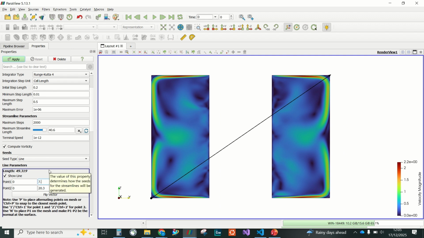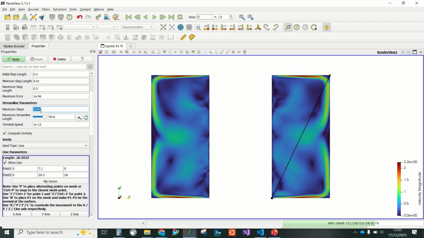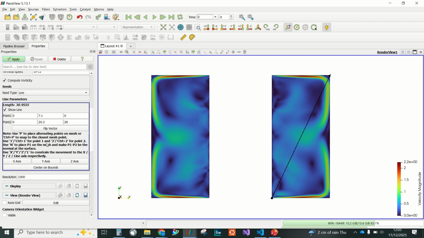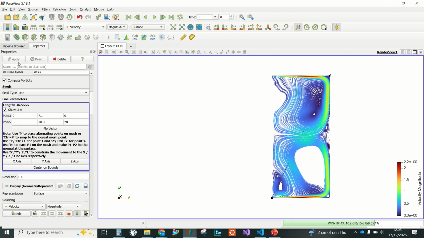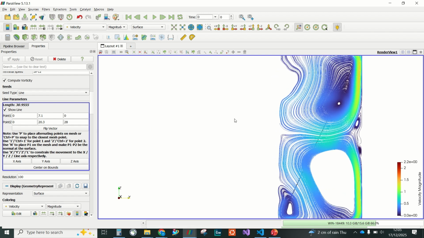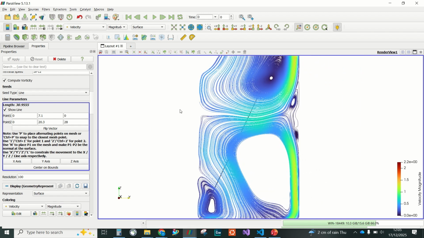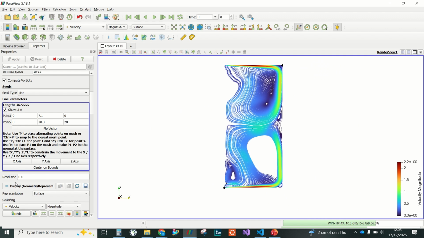So now I'd like to generate a streamline plot of this right hand side, what is now a rectangular cross section of the domain. To do this, I'm using a point of lines to seed the streamlines. So this means that it's going to use the Runge-Kutta method to integrate from points on this line with the velocity field. As you can see here, this has created a load of streamlines along this line,